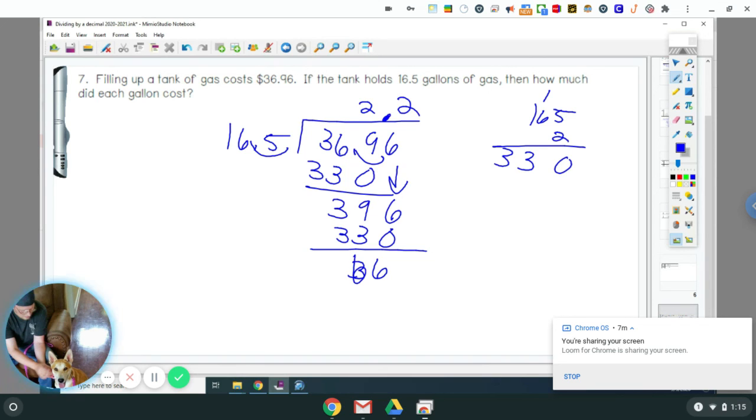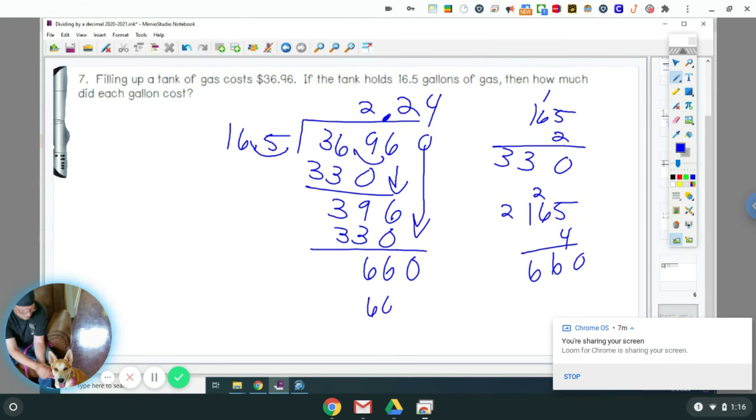That's not right. Man, what is wrong with me today? So you get 660 left over. Let me make that a little bit more pretty so it's easier to see. Oh, stop writing the 3. I'm so sorry, y'all. Oh, 660. And it goes in there 4 times. So you're going to do 165 times 4. And there it is exactly. So he spent exactly $2.24 per gallon for gas. All right. That is dividing